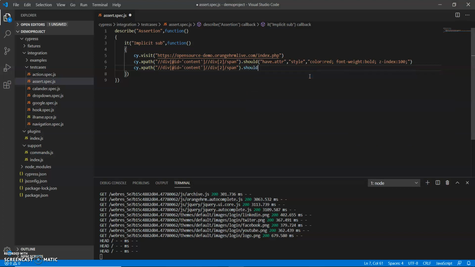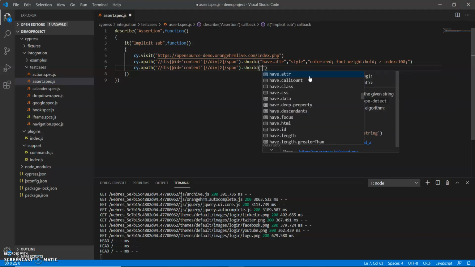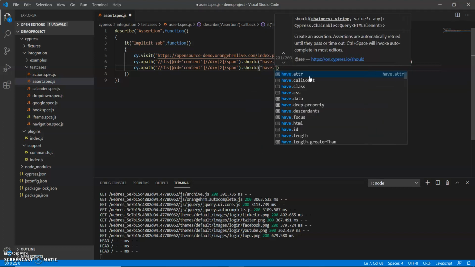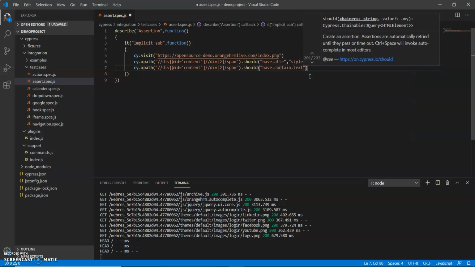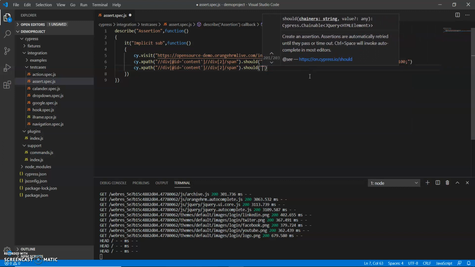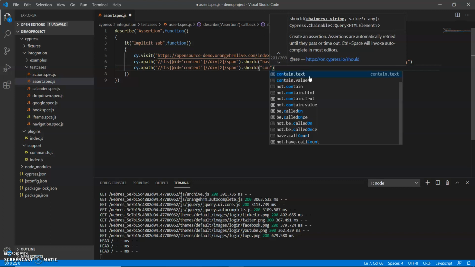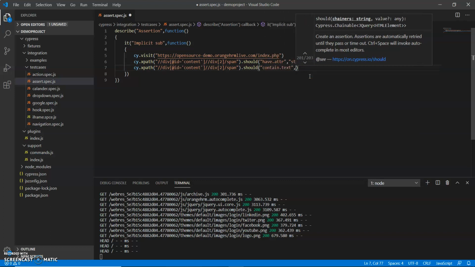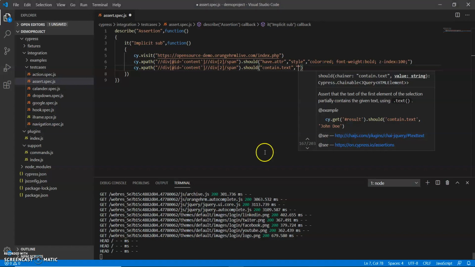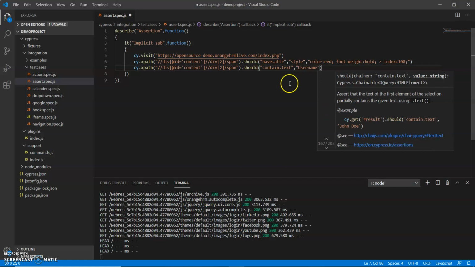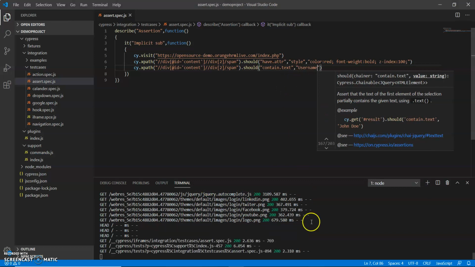So this is should, and there is have.contain.text. This is the content text and I enter username. I will copy only username and paste it. In this way we verify any text.